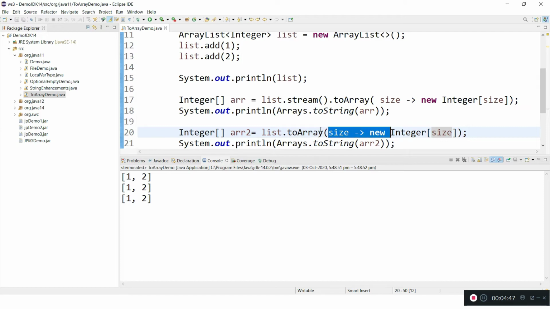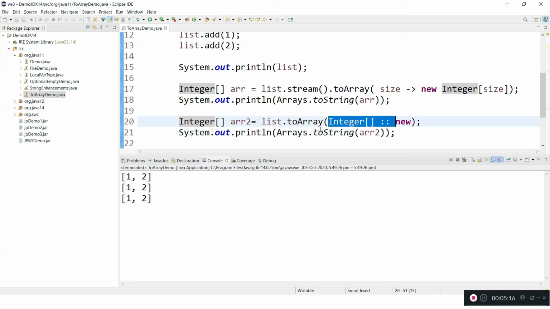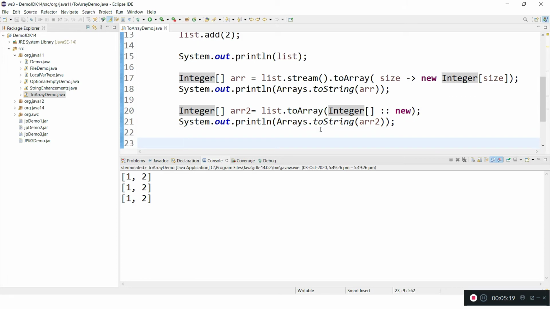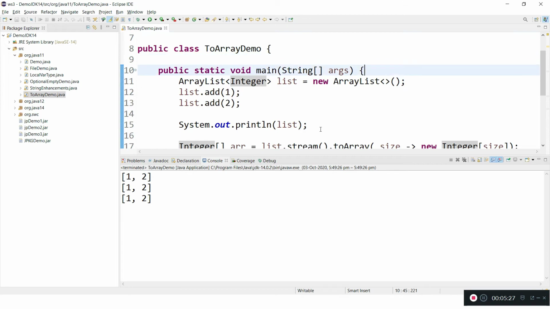We can alternatively use some other way, which is a static, we can say, new integer array. Yeah, this is the syntax actually. We want integer array of new. We can give an alternative like this, and this is also a generator or lambda expression. Yeah, this is how we can use a toArray method from list to convert list objects into an array